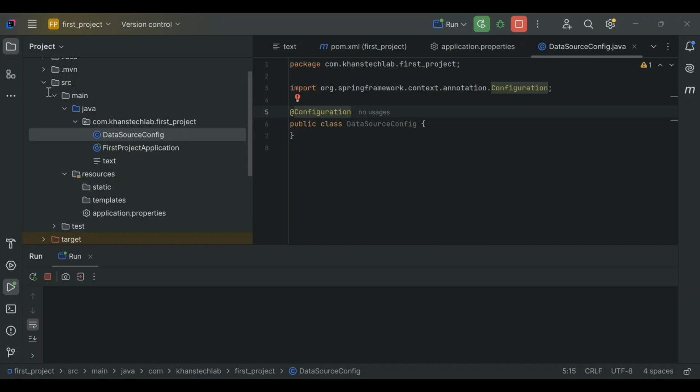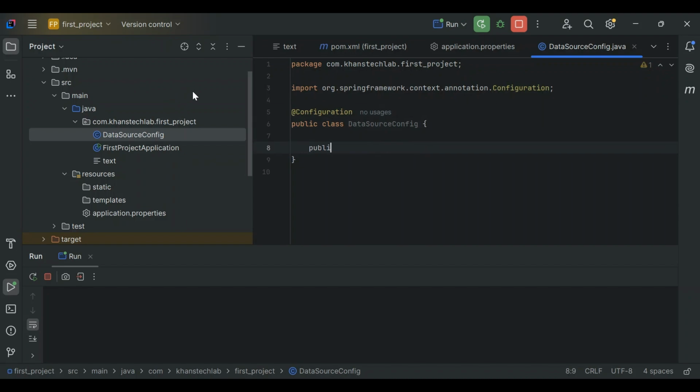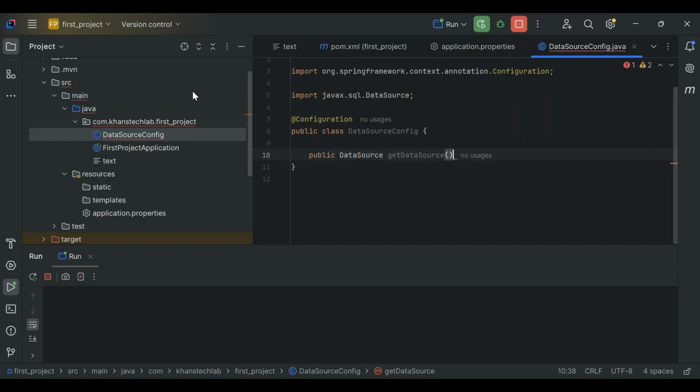Now I will create a method getDataSource, and I will call the return type DataSource. I'll just create it here: public DataSource getDataSource. Just import this DataSource, and open and close braces. Now there is a DataSourceBuilder, which I will import now,